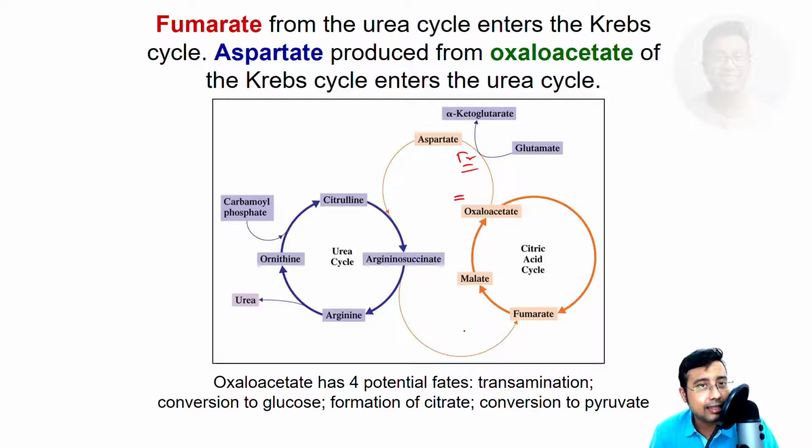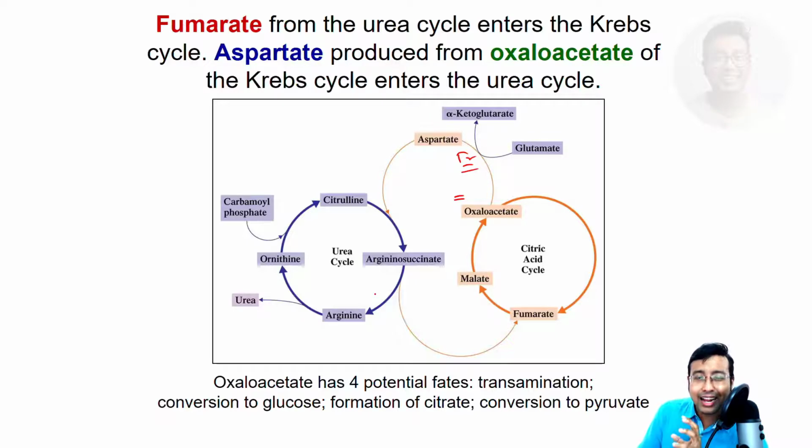You know, the interesting thing is, the same scientist discovered both of them, that is Hans Krebs. So Hans Krebs discovered the urea cycle, and Hans Krebs discovered the TCA cycle or Krebs cycle, right? The citric acid cycle. Since they are connected, these two in conjunction are also known as the Krebs bicycle. So when the examiner asks you what is the Krebs bicycle, you need to mention the urea cycle and Krebs cycle. When combined to form the Krebs bicycle, the aspartate is formed from oxaloacetate and enters into the urea cycle, and the fumarate that comes out enters into the TCA cycle, right?